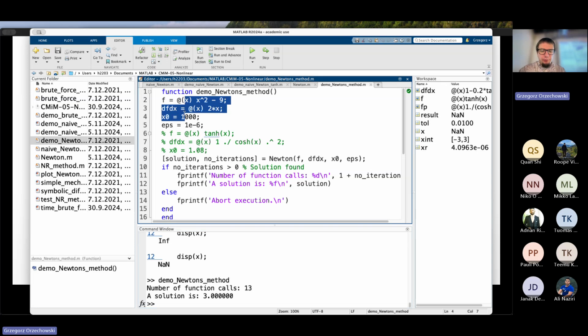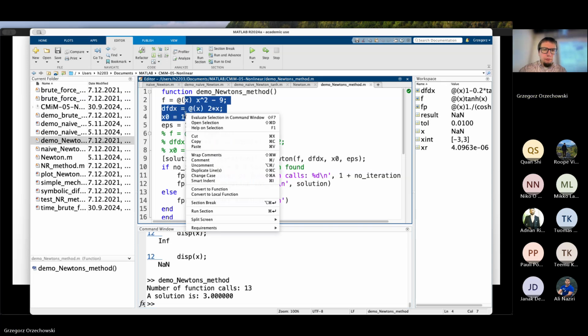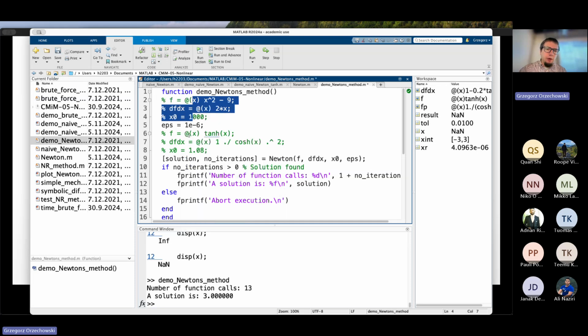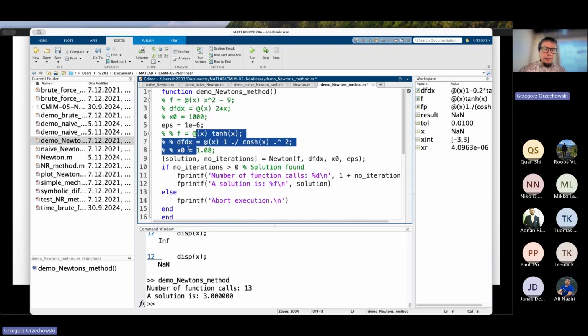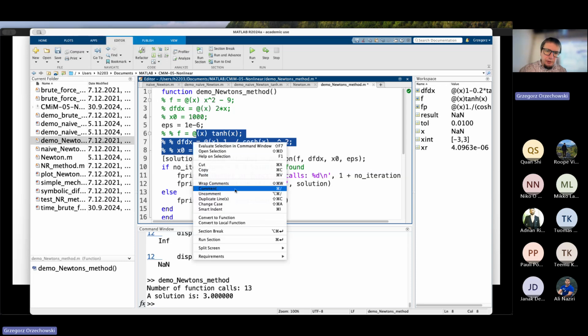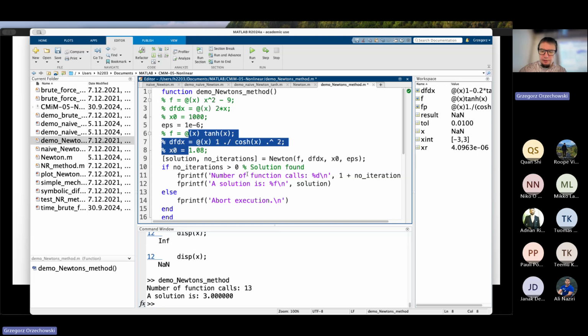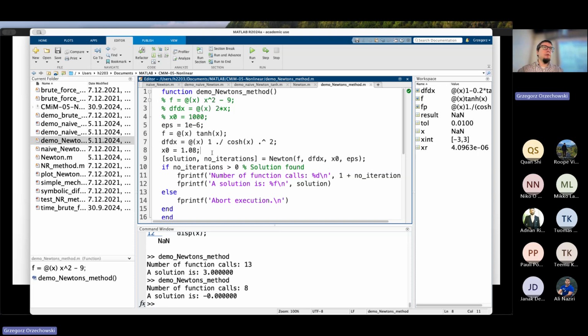Perfect, comment this and uncomment that. So if you uncomment this part, the hyperbolic tangent, and run this, no issues. And again, if you run it, 109,